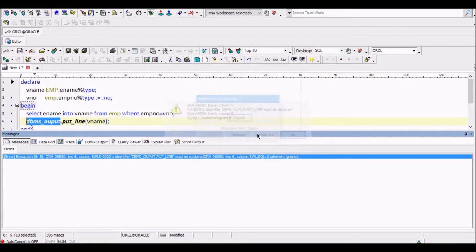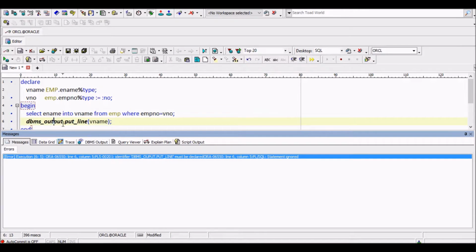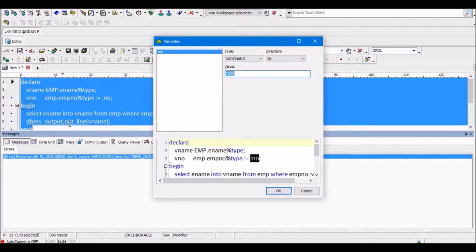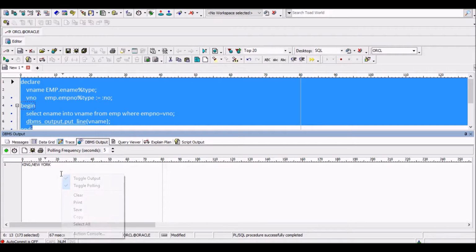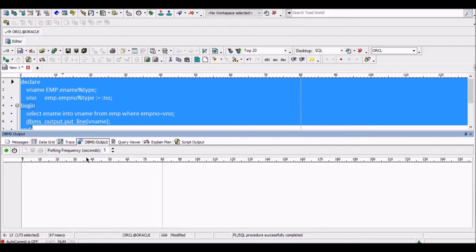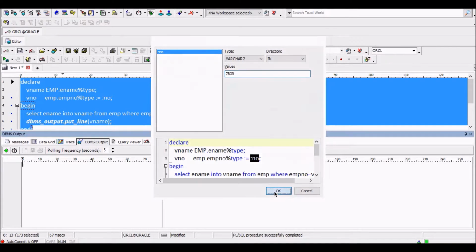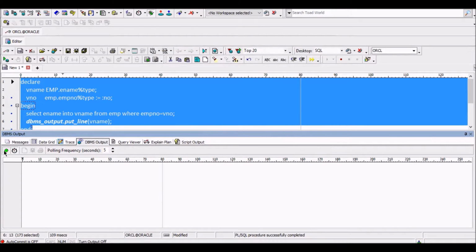So this one is the output. Let us check again. 7839.